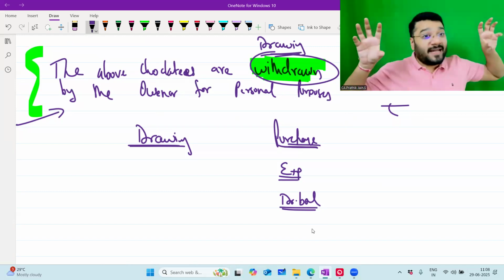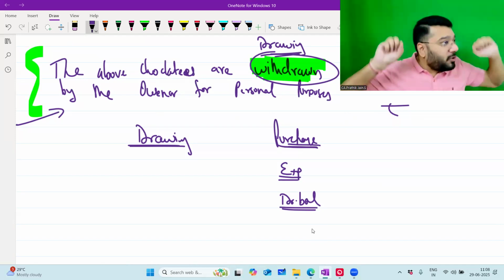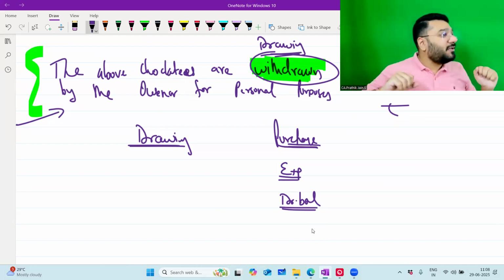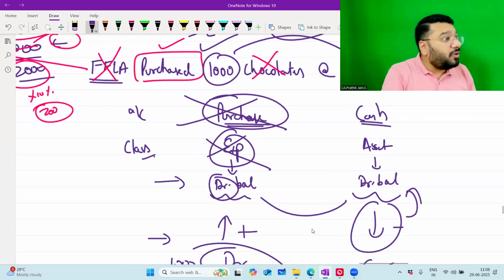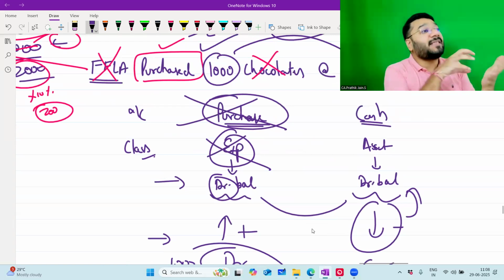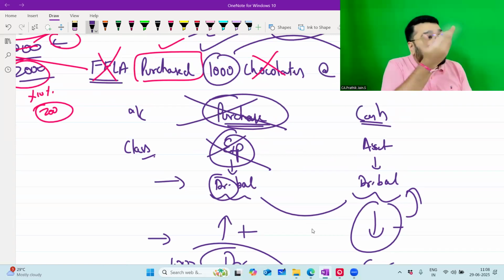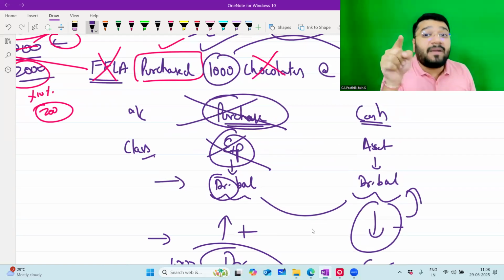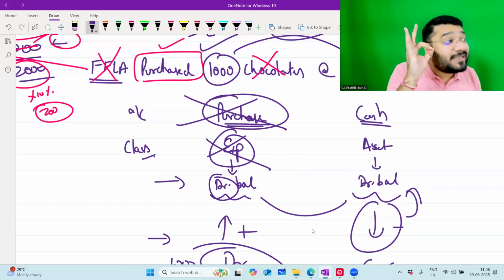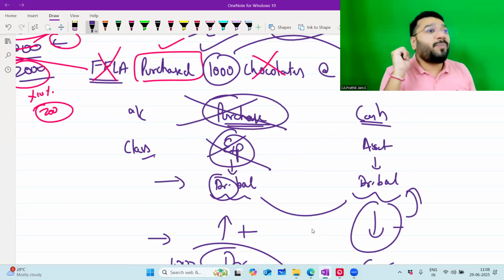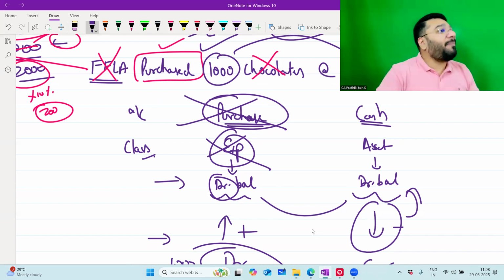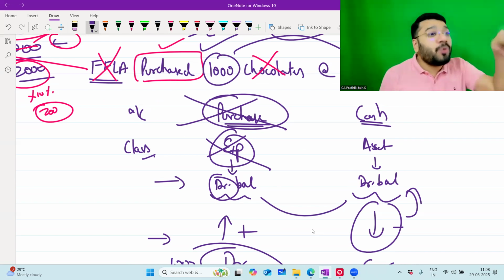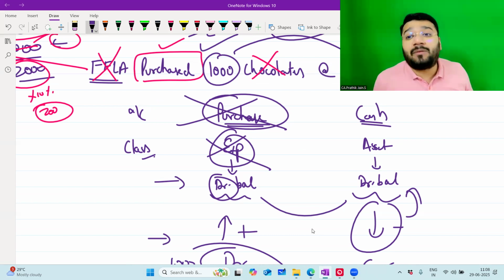Initially, whatever purchases I did, where did I record? In purchase account. What is purchase account? Expense. Which means we increase the expenses. When we bought all the goods, at that time all the expenses were recorded in purchase account. Purchases will increase expense, which means the income tax department allowed you to record the expenses. Now you broke the promise. Instead of selling it, what did you do? You consumed it for personal purpose. You withdrew it for personal purpose. You broke the promise given to the income tax department.